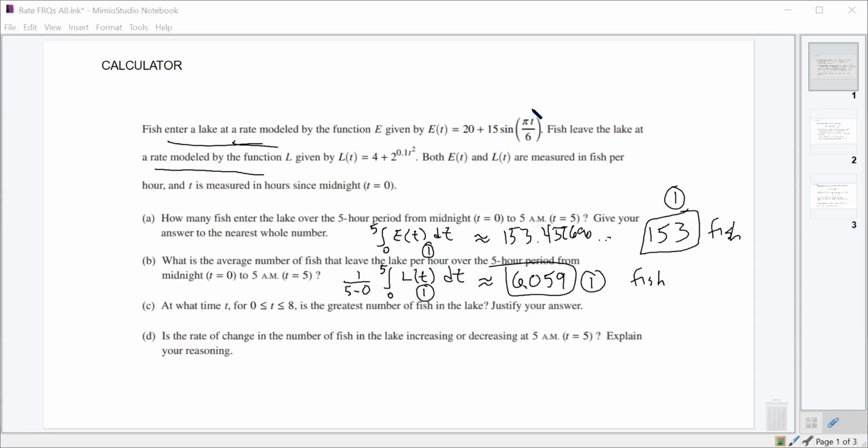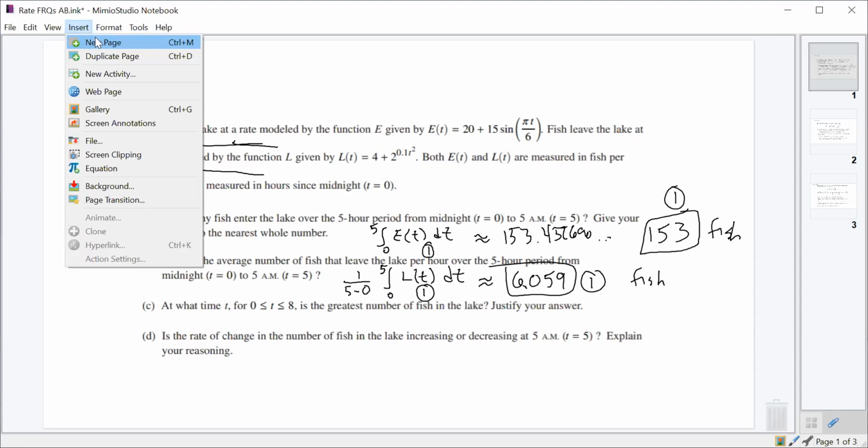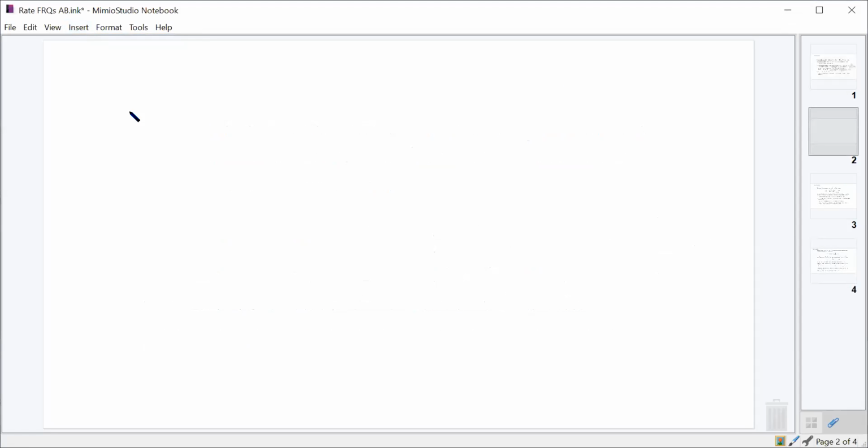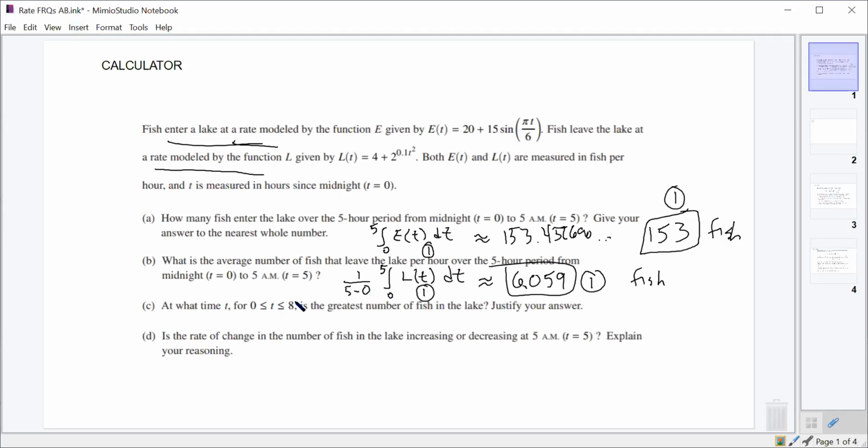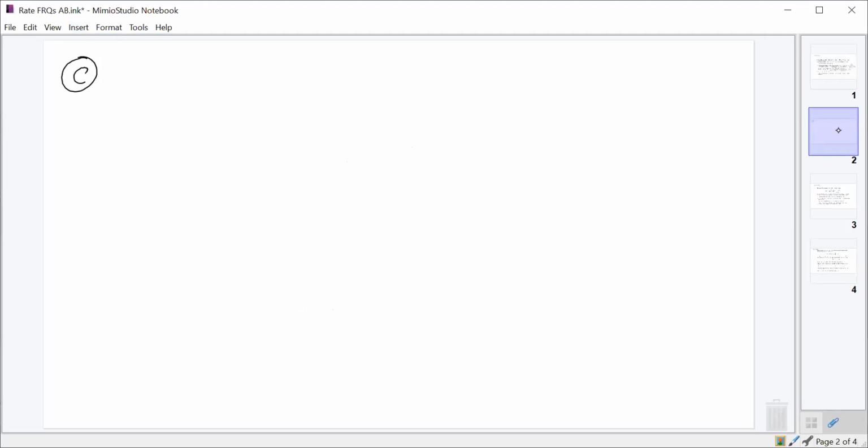The first way that I would, if I were doing this problem on my own, is I would say that the number of fish in the lake is represented by the integral of E minus the integral of L. And so I would just think about E minus L being